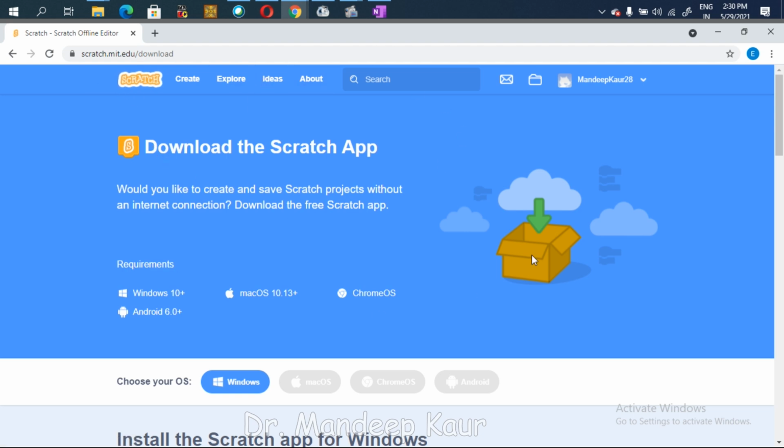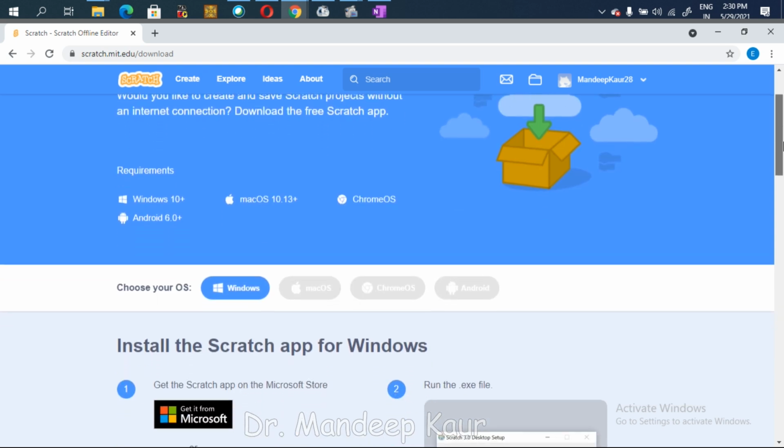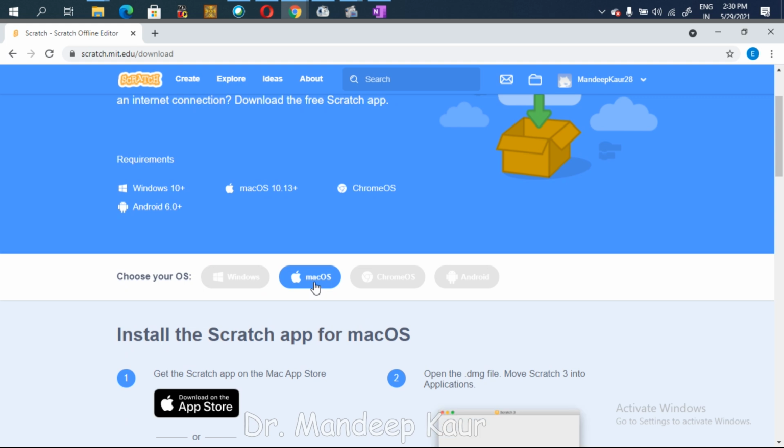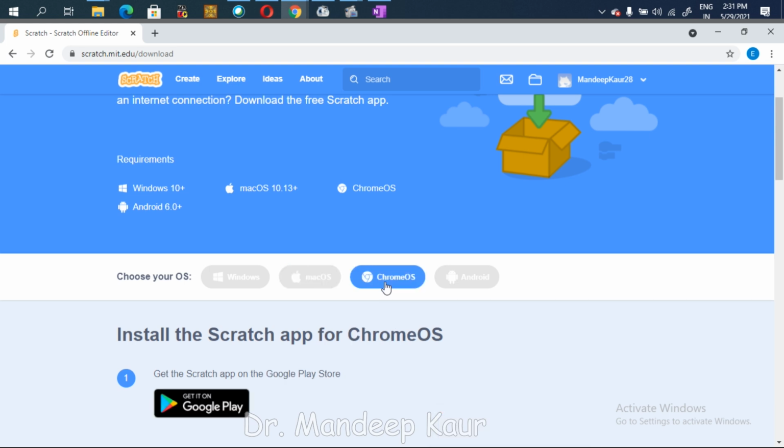Now here the first thing is you need to find out what type of system you are using. You are using Windows, or you have a Mac operating system, that is any iPad, or you have a Chrome operating system, or an Android.